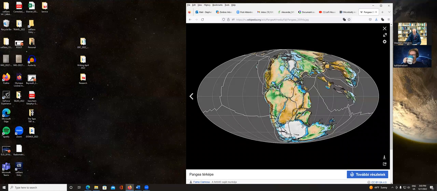I mean, every kid looking at a globe of the Earth notices that, oh, what do you know? South America here fits in like a puzzle piece into Western Africa. North America here also fits in like a puzzle piece.